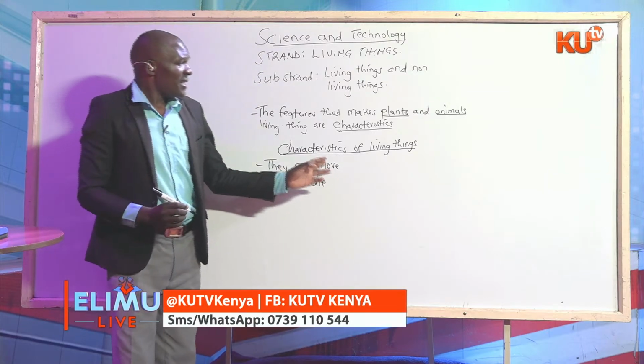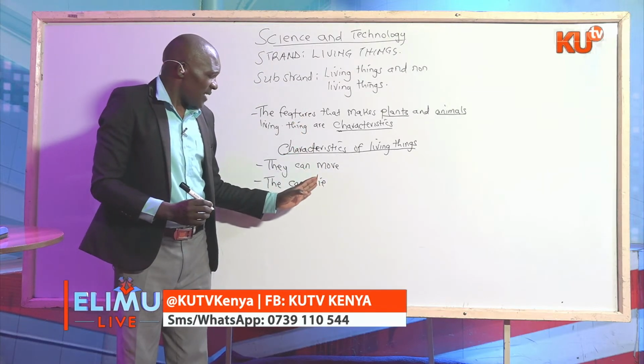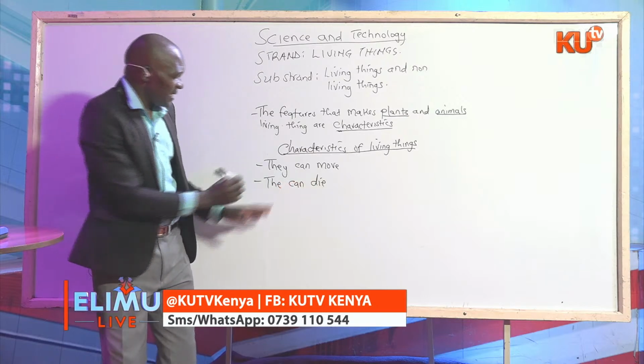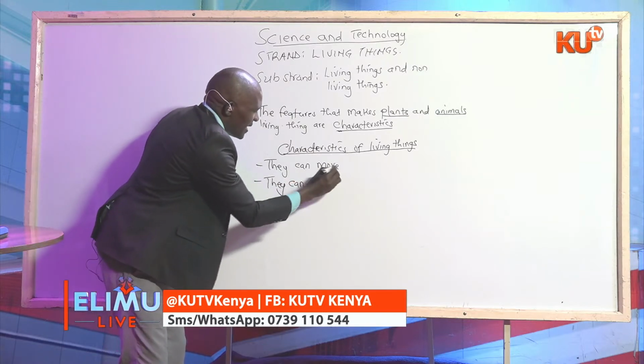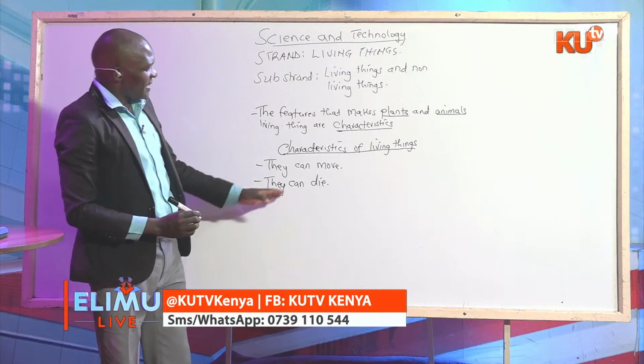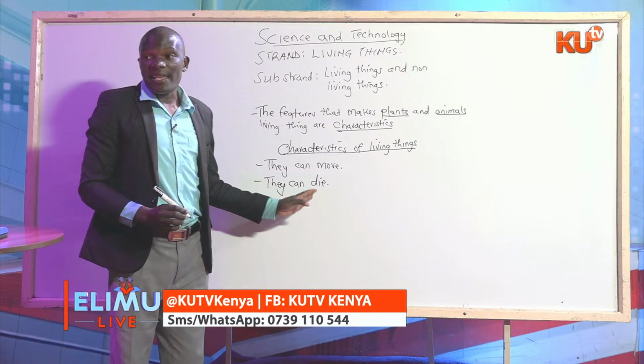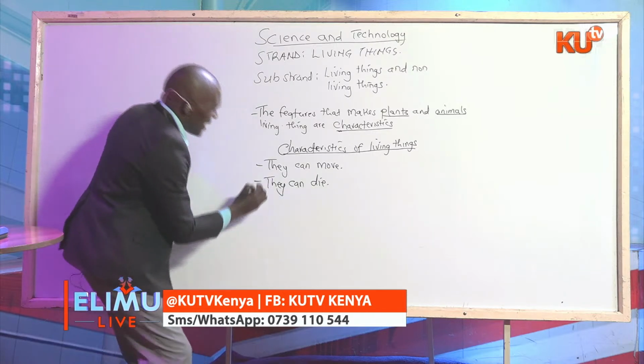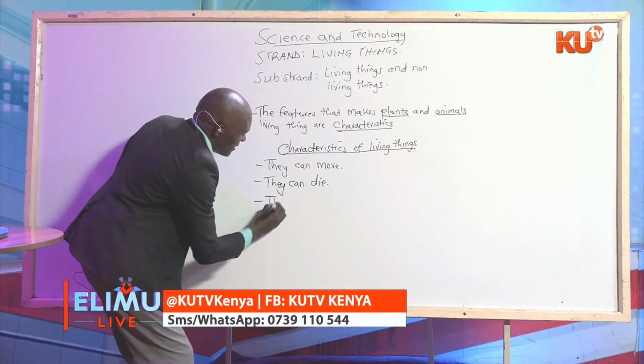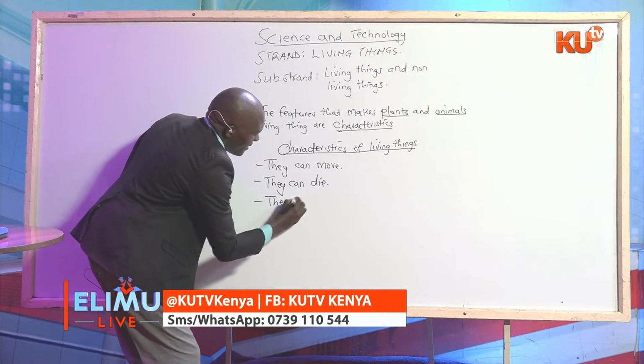As long as they have life in them, it means that they can die. So our second characteristic is that they can die. Another characteristic is that they can remove